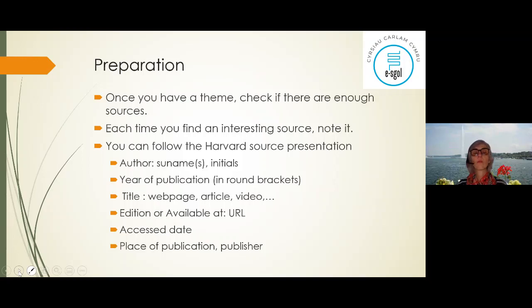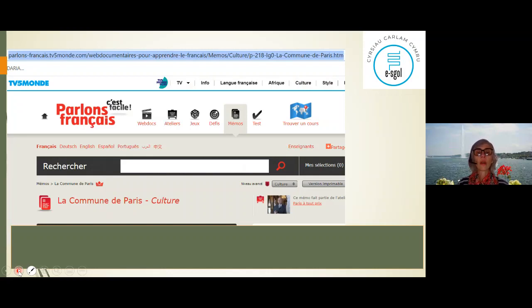Follow that pattern for every one of your sources, so it will make it easy. First of all, you will know them really well, and it will be easier to find them. So here is an example. I leave you 50 seconds to have a look here. So what is on that page? There are difficulties, and how would you reference this page quickly?